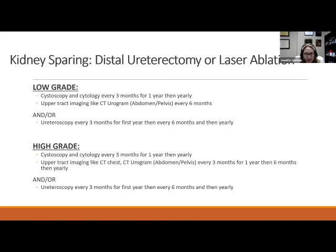Well, what does that mean? And that's very hard for us to interpret. Sometimes atypical cells mean that there is something there, but oftentimes it doesn't. And so do we take the risk and put the patient through doing another ureteroscopy just for the atypical cells? So these are the things that your doctor has to sort of work out through knowing what